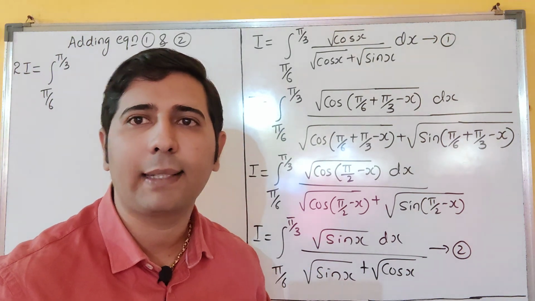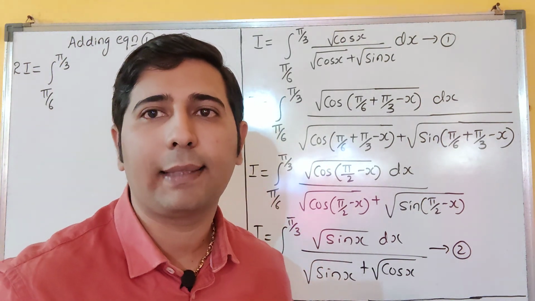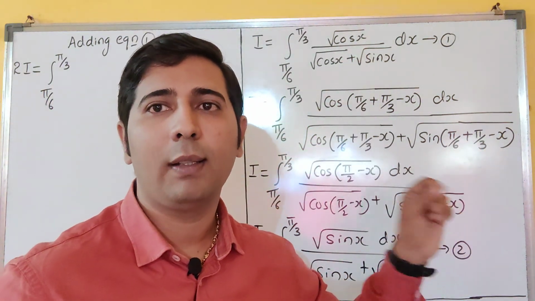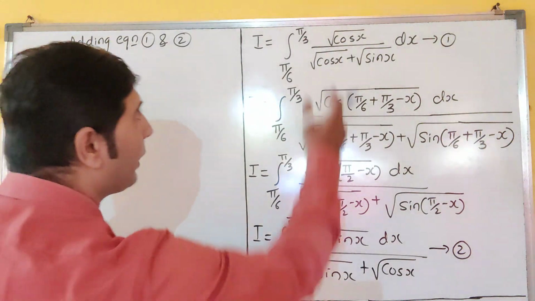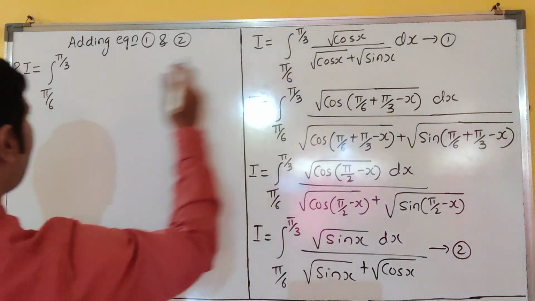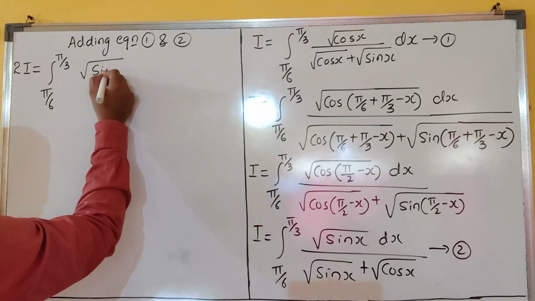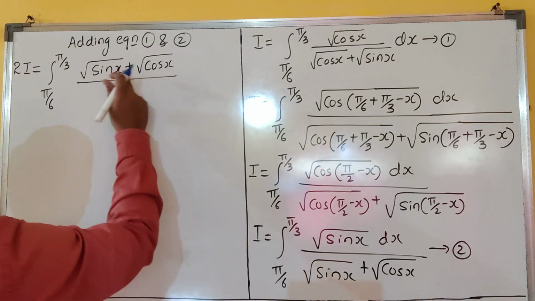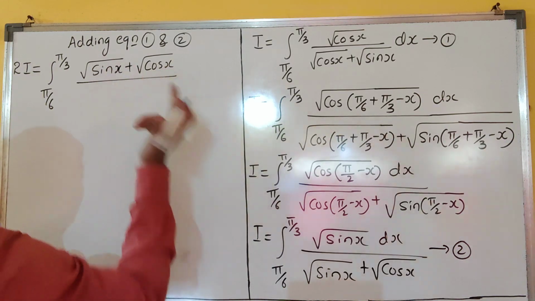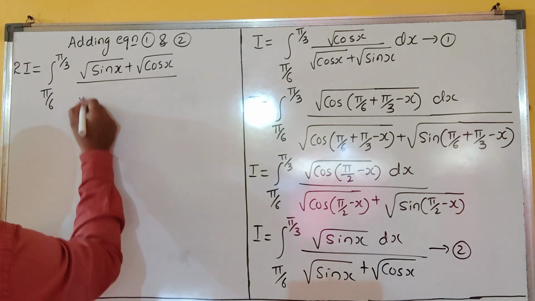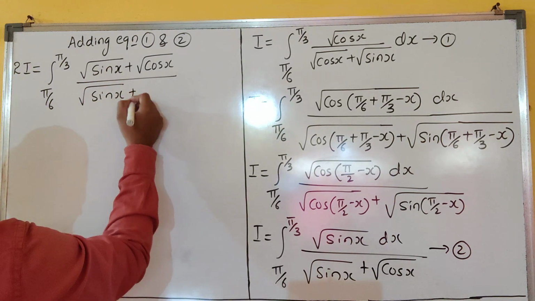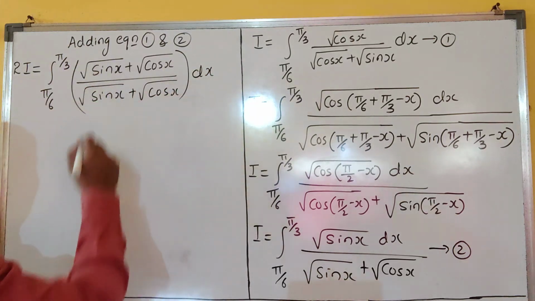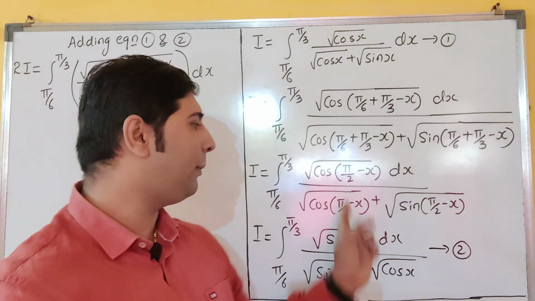When denominators are same, dear students, numerators should be added. So numerator root sin x plus root cos x, or root cos x plus root sin x, however you write, between them is a plus sign. Whichever you take in front does not matter. Denominator I will write the same, root sin x plus root cos x, into dx. Will you agree? Why am I doing this, you understood?